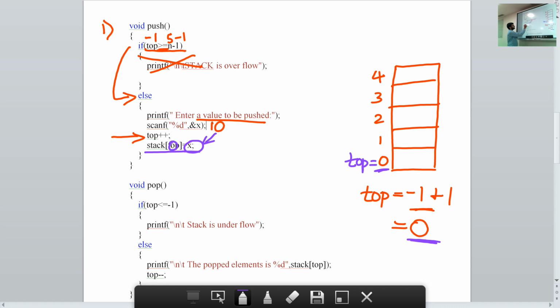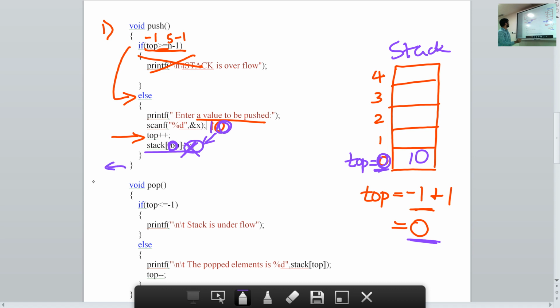In the stack array at index 0, we are placing our value of x. Got it? So this is how push works.